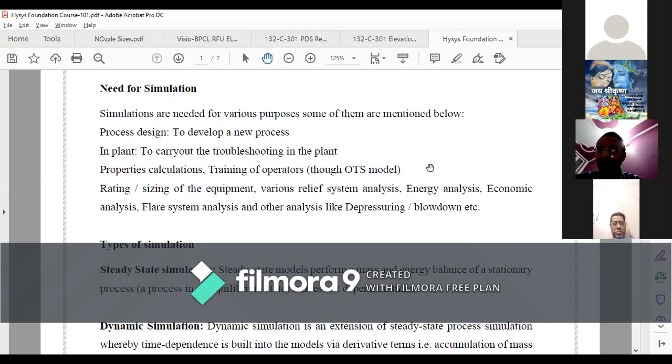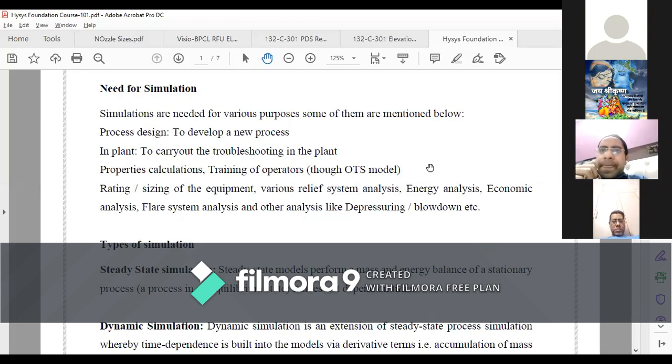And if you are working in a plant in the production department, then sometimes before doing any trial in our plant, to carry out any troubleshooting, or to make any changes in the process, rather than carrying out those changes actually in the plant, first we make those changes in the model itself and see their impact on other parameters.